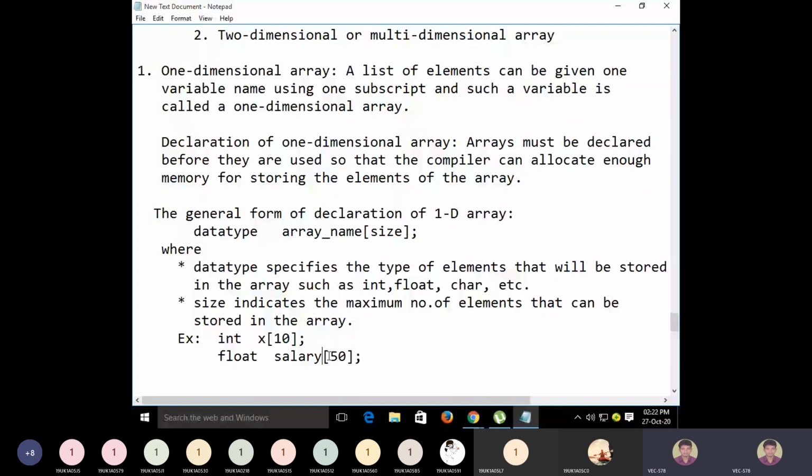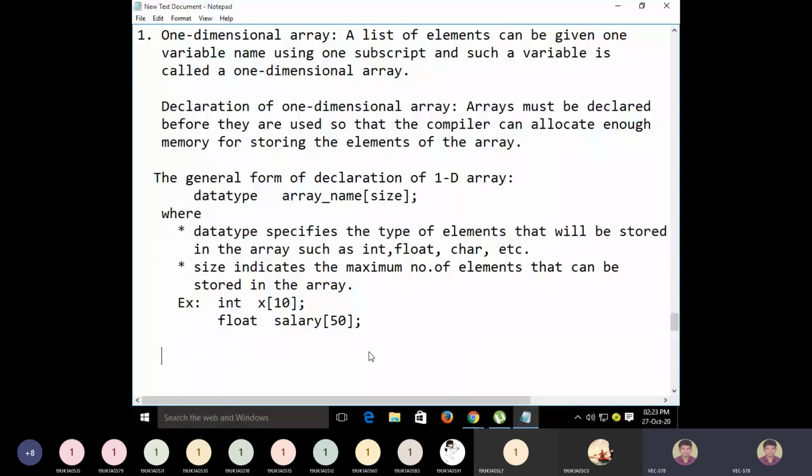So the salaries of 50 employees can now be stored in this array. Okay, so this way, when you want to store a group of elements, a collection of data, then we go for arrays. Clear? Okay, right.